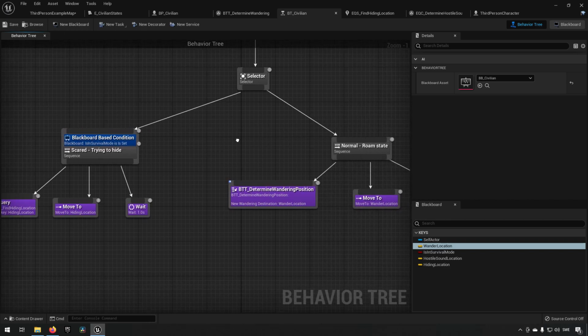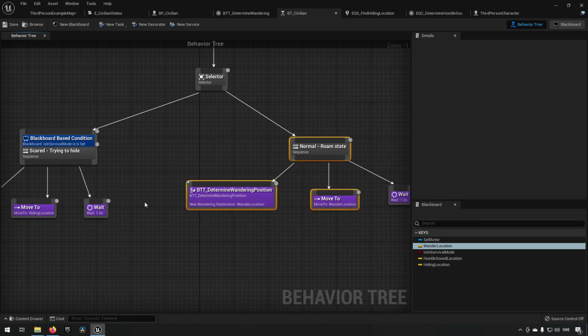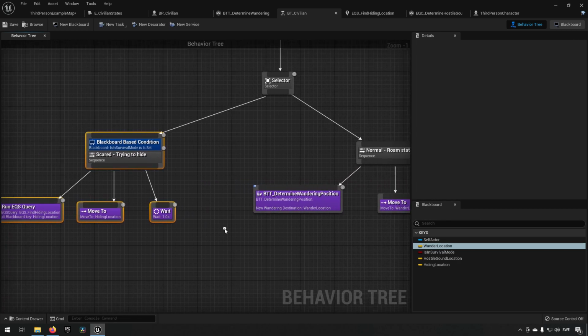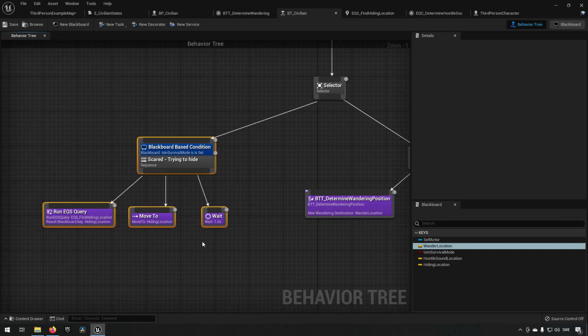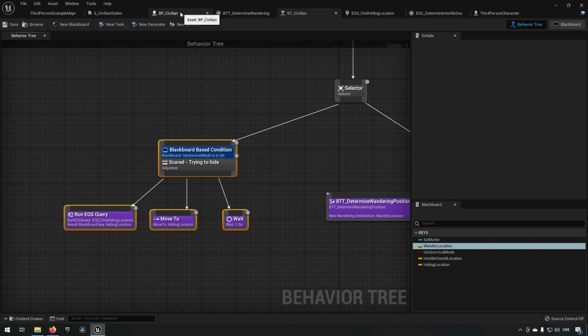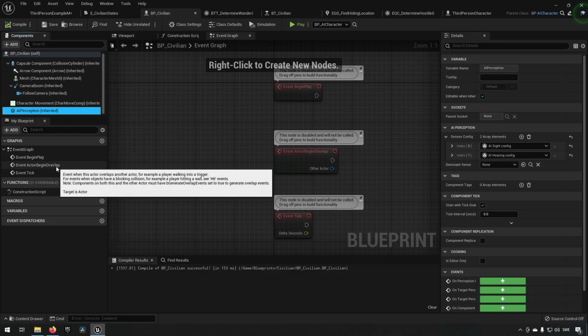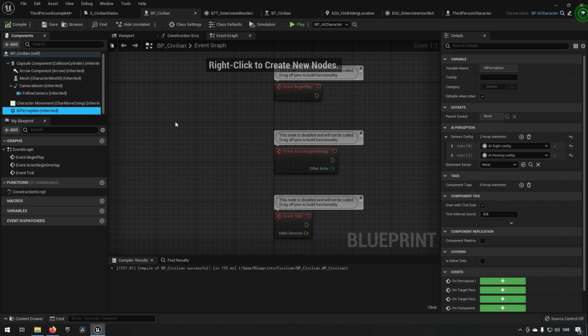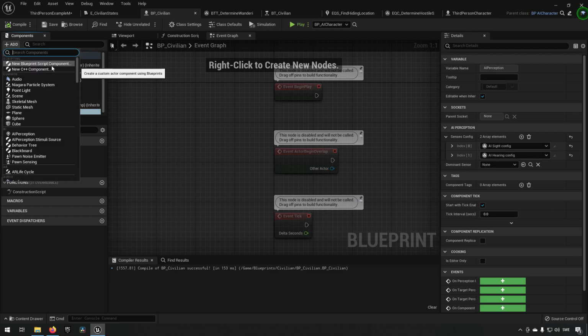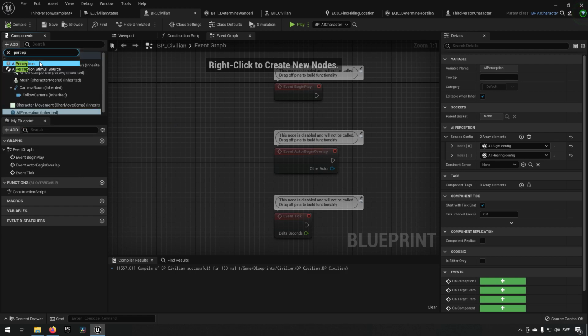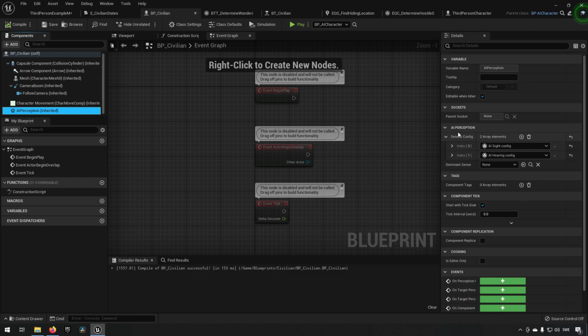So now essentially we have all of the logic that we want to have the AI to do when it is in its different states. Now, how do we actually make this happen then? Well, we need to go to our blueprint for the civilian. Our blueprint for our civilian has our AI perception inherited, and if you did not follow the earlier episodes, then this is what you need to add. You need to add a component, and you type in perception here, and you add the perception component over here. Once you have that added, you have over here senses configs that you can add,